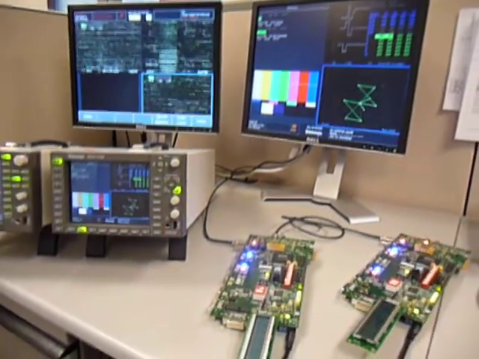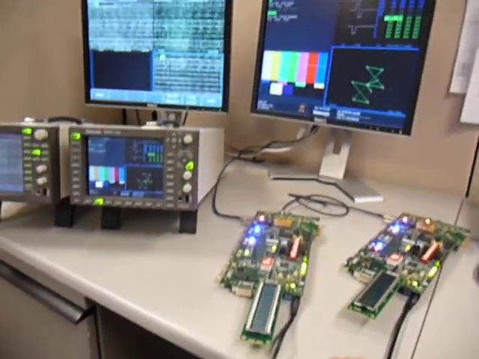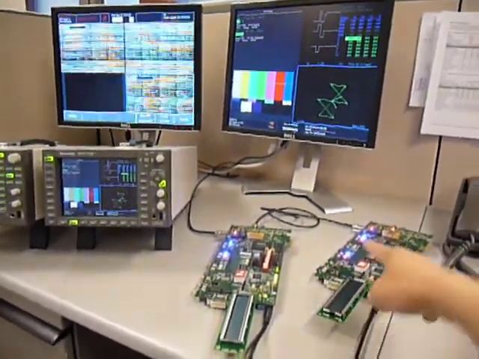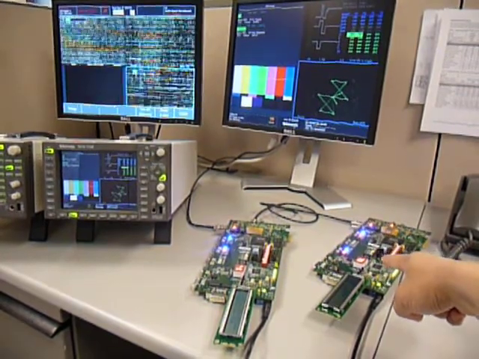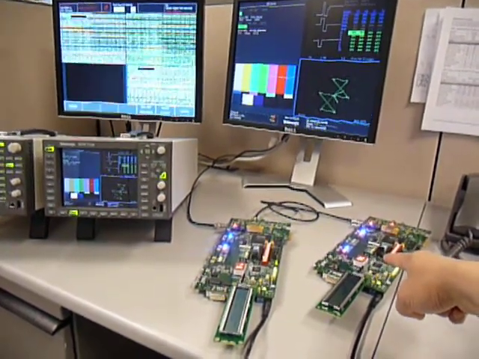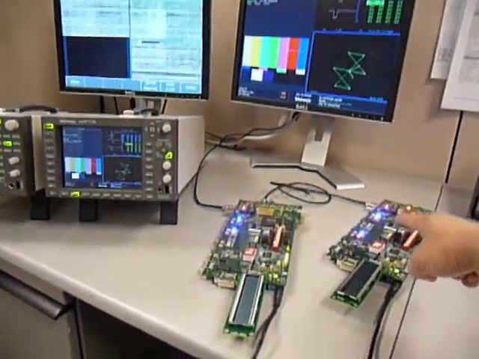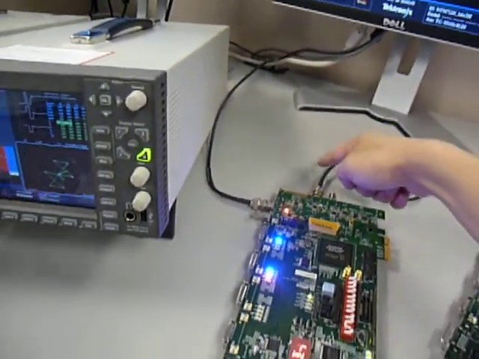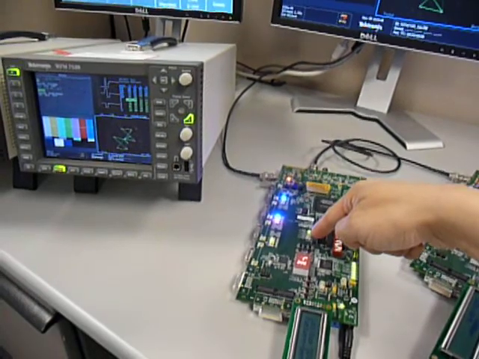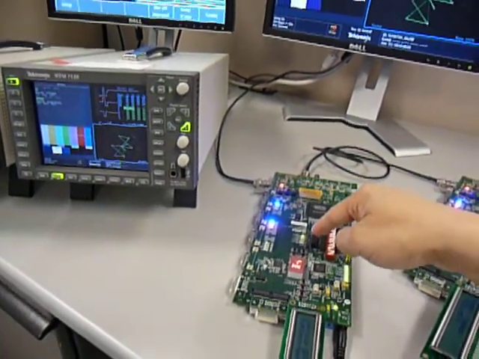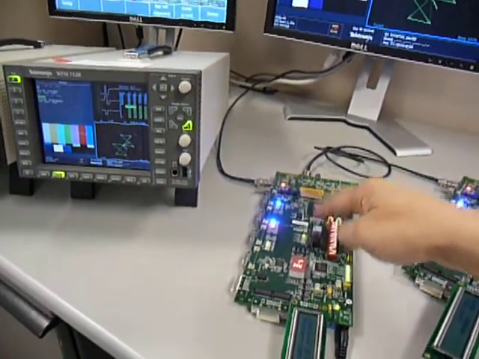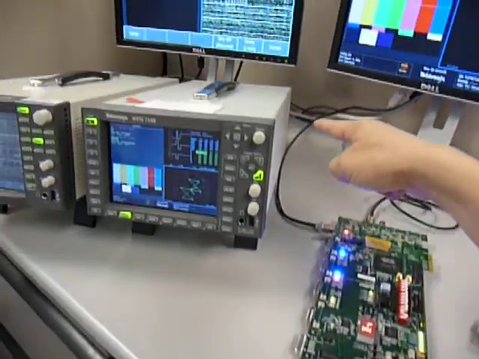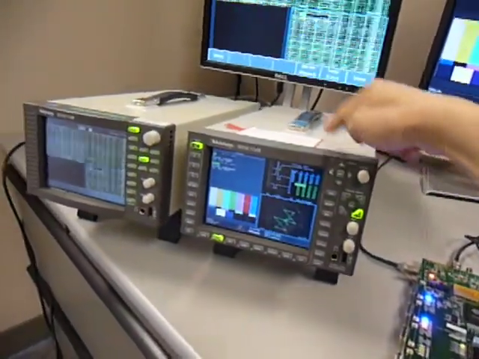Now what I'm going to show you is a pass-through mode. For the pass-through mode, we need this board to create the video, and then the video is coming out of this cable and going into this connector on the second board. So the second board is running a pass-through mode. It will pass the video through our device and pass it to the first monitor and connect to the second